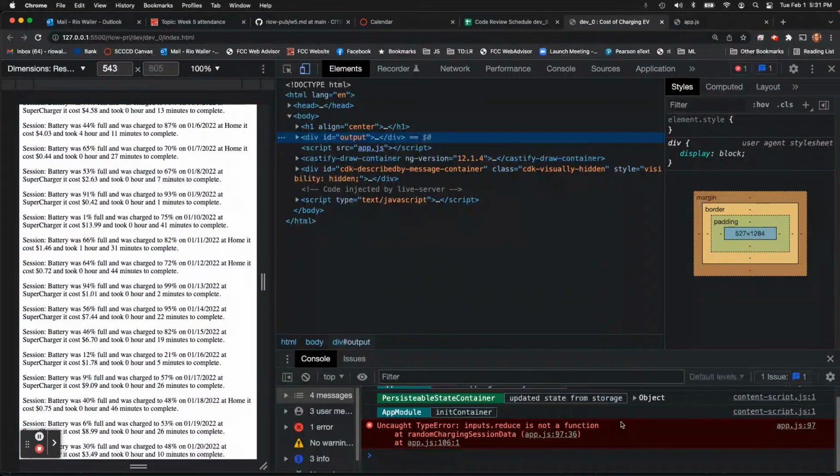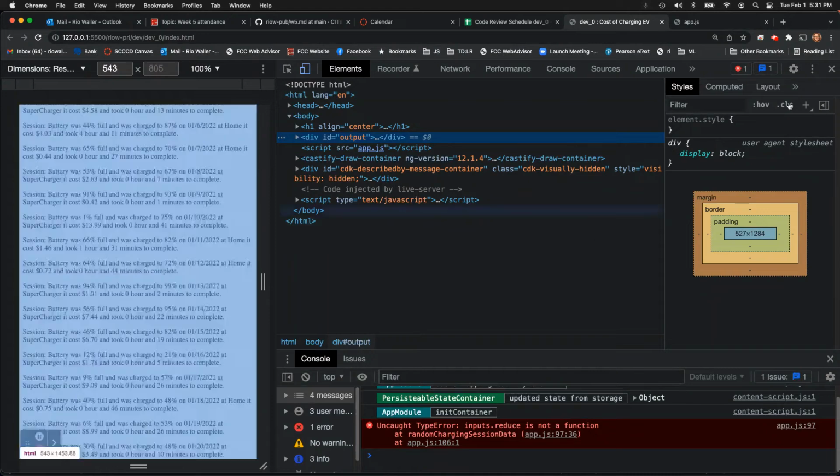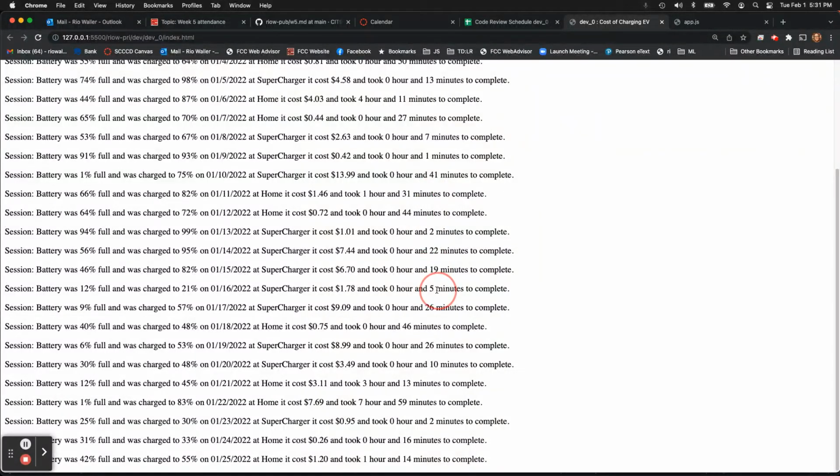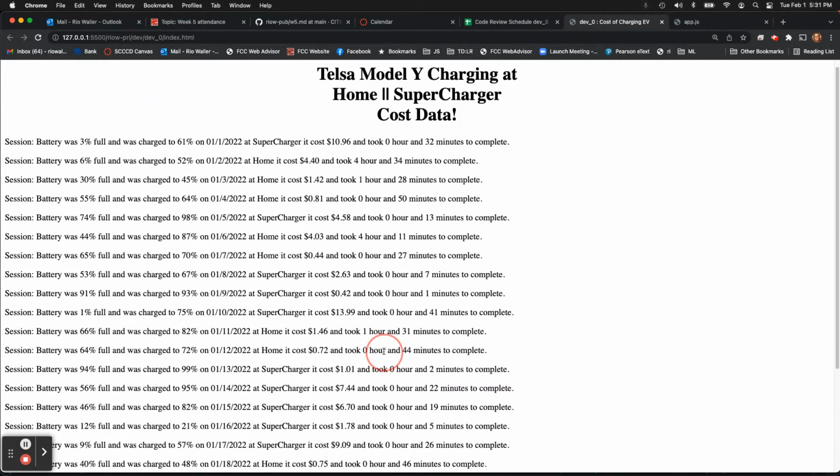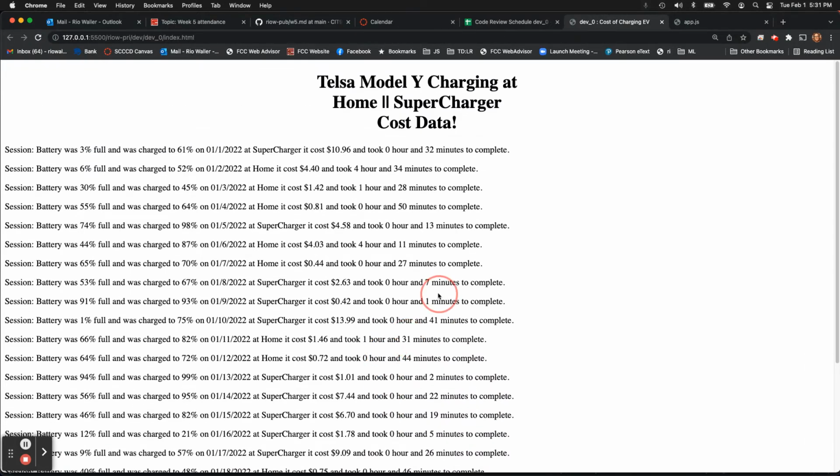I did an inputs.reduce, so I have to look at that. But I did a way of calculating the total cost, and that was one of the requirements, right? So part of what you're doing is you're creating a list, an array, and then you're updating that array. Okay, ask me any other questions you want about that.